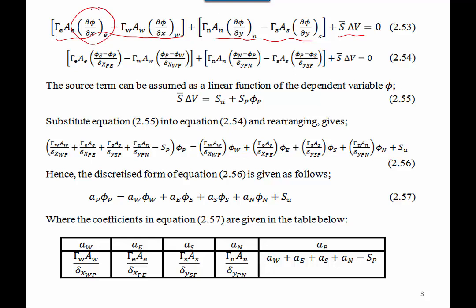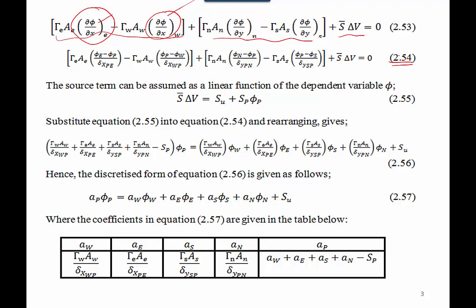Now we will open these derivatives by using the central difference scheme, which has the best accuracy among other schemes, such as the forward or the backward schemes, because it is second order accurate, and it will give us a solution with the lower limit of error. Therefore, after opening these derivatives with the central difference scheme, we will have